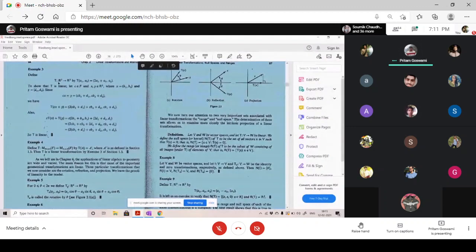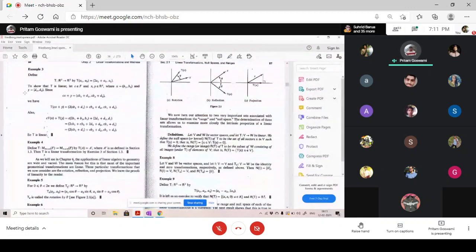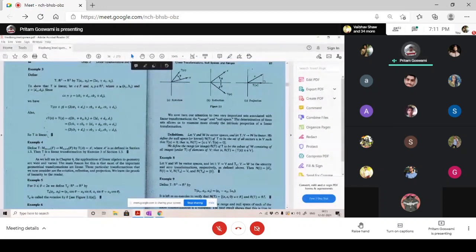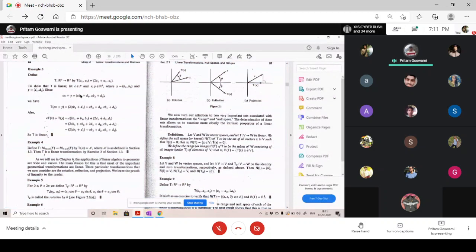Okay. They have defined the transformation as the point A1 comma A2 goes to 2A1 plus A2 comma A1. Now look here. Suppose they have chosen 2 points X and Y from R2. Is it okay? 2A1 plus A2 is something you can define as anything, right? You first have to check whether it is a linear transformation or not. You can define it as anything.